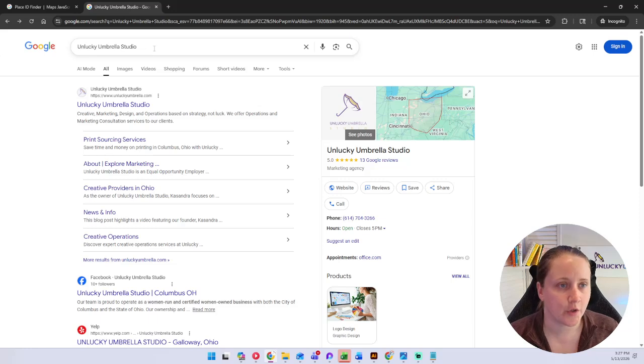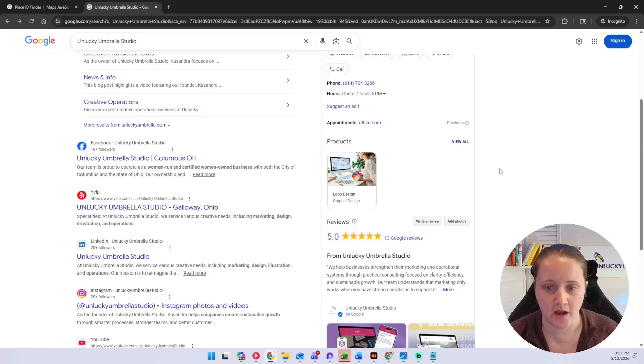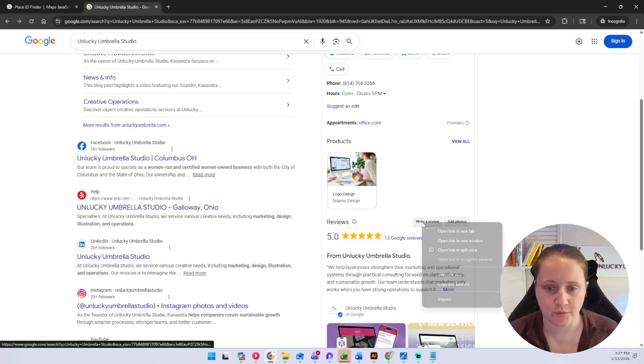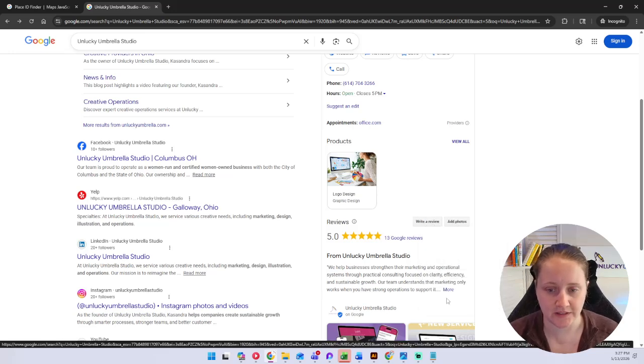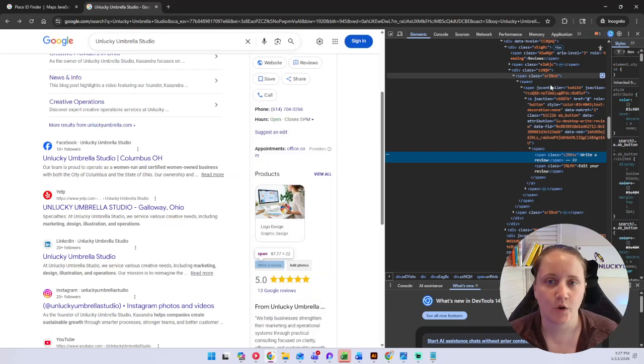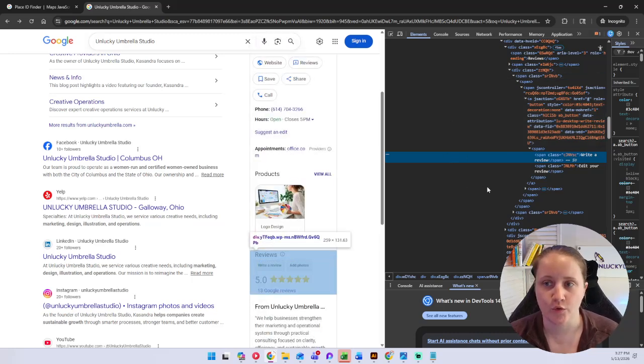From there, you're going to go to Google and search for your business and get your Google Business profile to show up. After you have your business profile showing up, you're going to right-click this review button and you're going to go to Inspect. And this will open up the Code Inspector tool. And in here, we're going to search for very specific